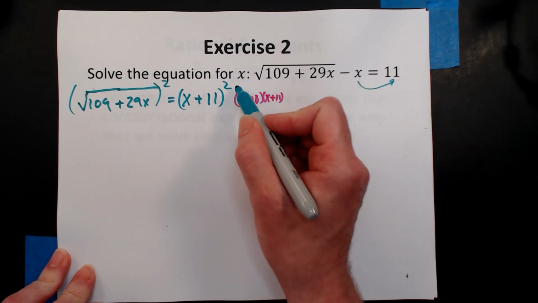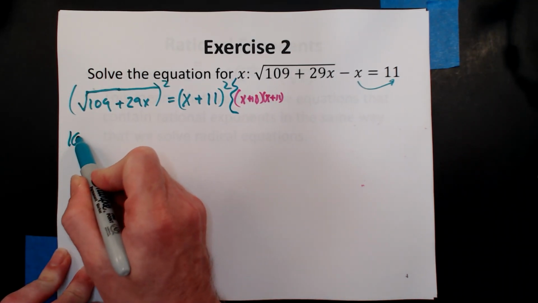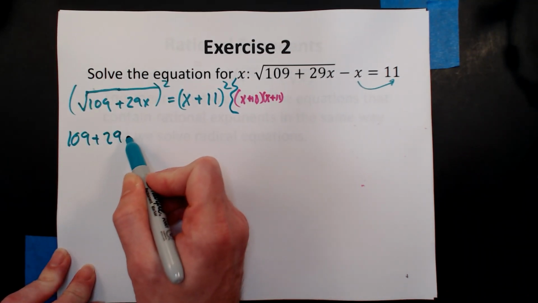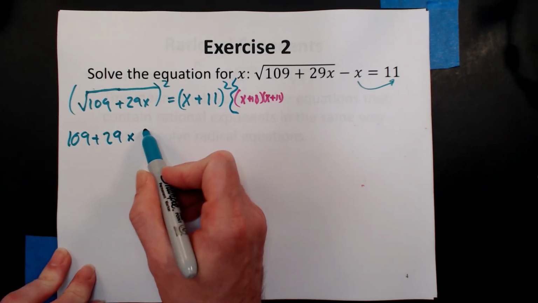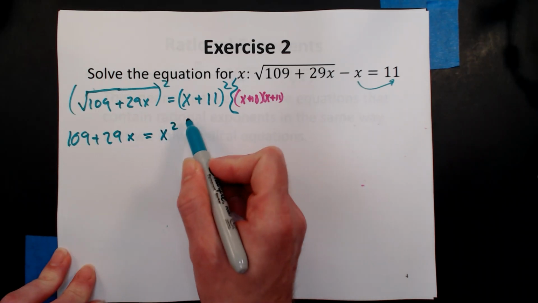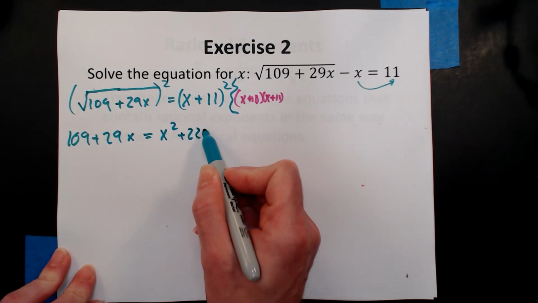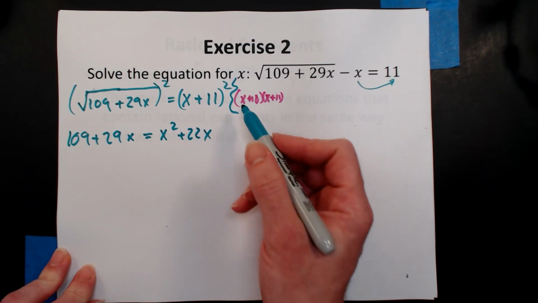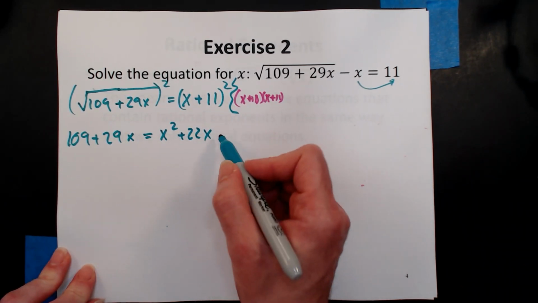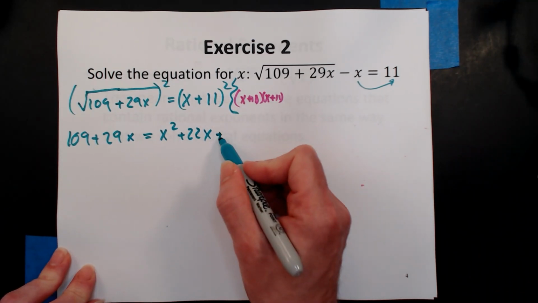So when we do that, we're going to get 109 plus 29x equal to x squared, x times 11, and 11 times x will give me 22x. If you have questions of where that 22 came from, please email me, ask me. I'll be happy to answer your questions. And then 11 squared is going to be